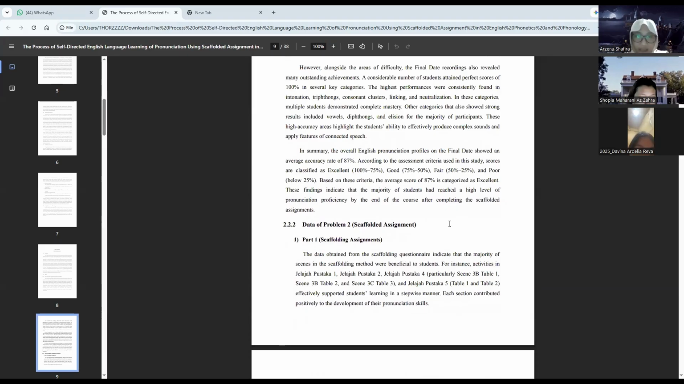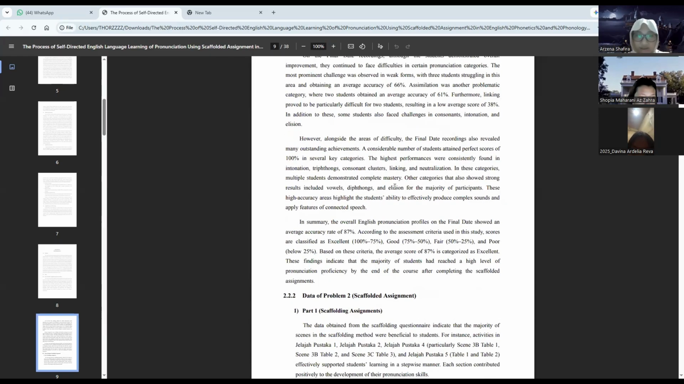However, some challenges still remain. The most difficult areas for the students were weak forms with an average accuracy of only 66%, assimilation at 61%, and linking, which had the lowest average at just 38%. Looking at the table of the group results in more detail in the lampiran,